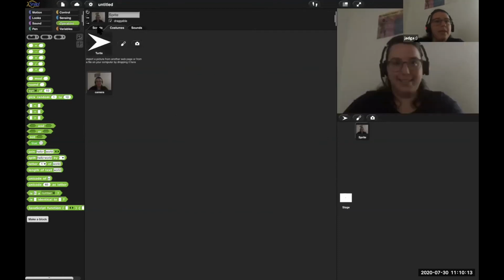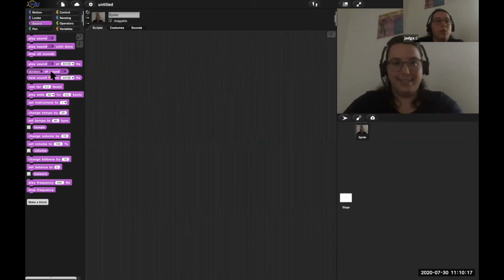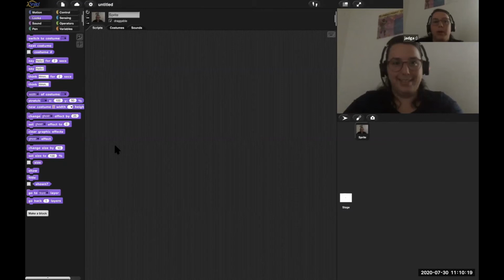This is me. And like with the sounds, in the sounds category, we also have a block to explore images in the looks category. It's that width of costume block. And I can select here my camera costume or my current costume. Let's take the current. Then I can find out stuff. For example, its width, which is right now the width of the stage. So it should be 480, or its height, or the pixels that I have here.